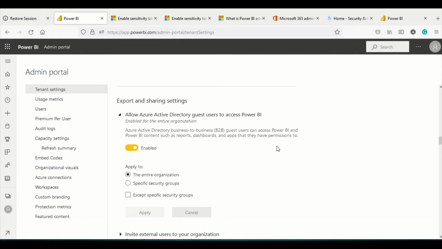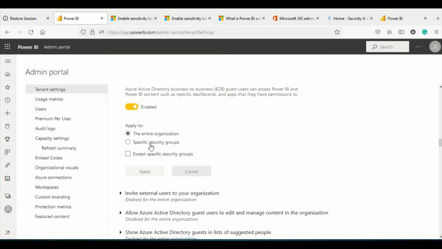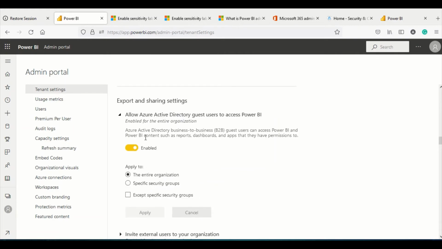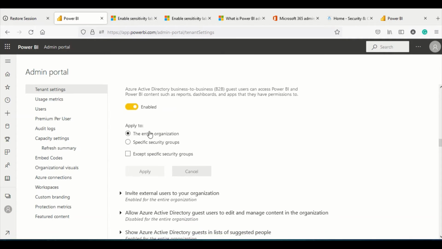So there are B2B settings which are available. You can find those and make sure that you are enabling that Azure B2B guest setting. And once that setting is enabled, you can enable it here, and then you can give it to the entire organization or a specific set of users who can enable this. Now, who can share the report? This setting enabled will allow you to share it with the external user. But who can give that? All the organization's people can, or specific people in the organization can, or everyone except some security groups can. That is the setting.